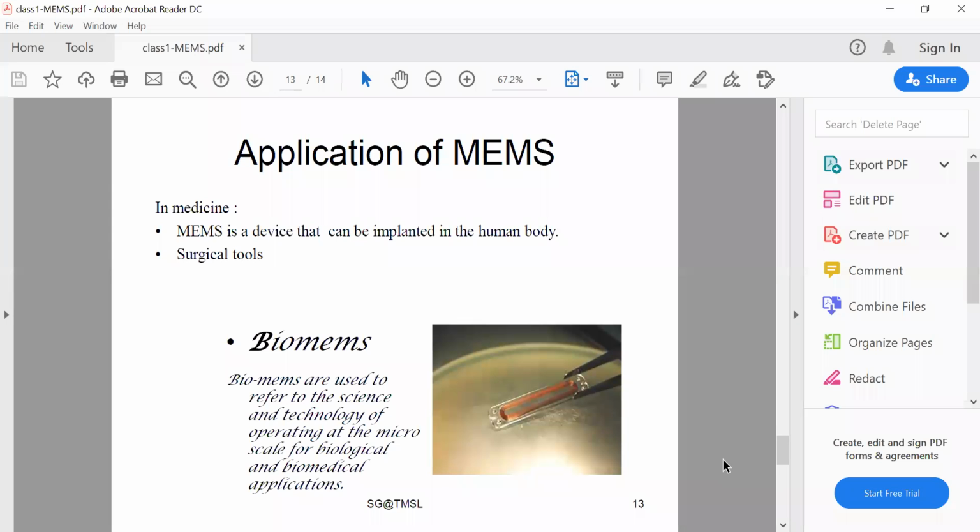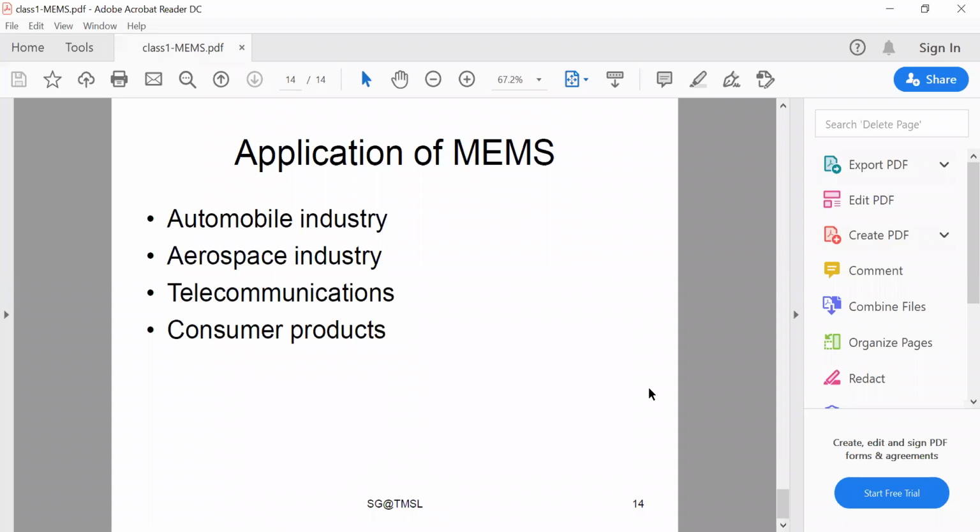Or catheter tip pressure sensors, sphygmomanometers, respirators, and kidney dialysis equipment can be made using MEMS technology. Different applications are in industries like automobile, aerospace, telecommunications, and some consumer products also. As for example,